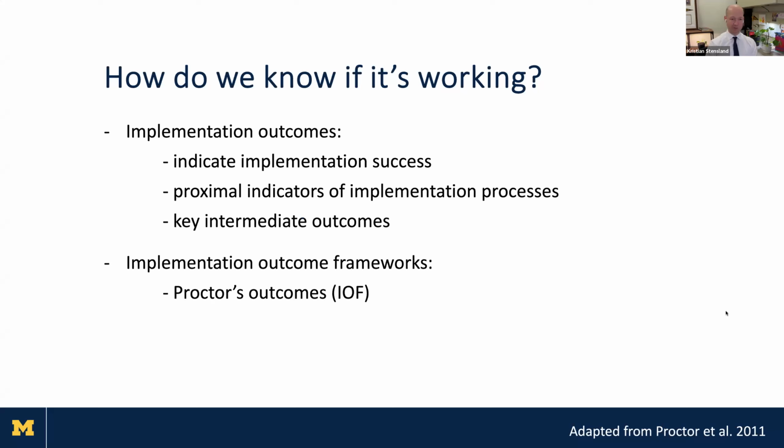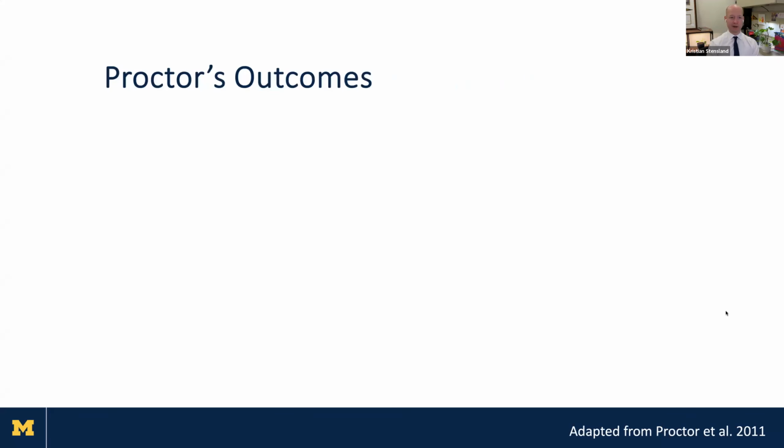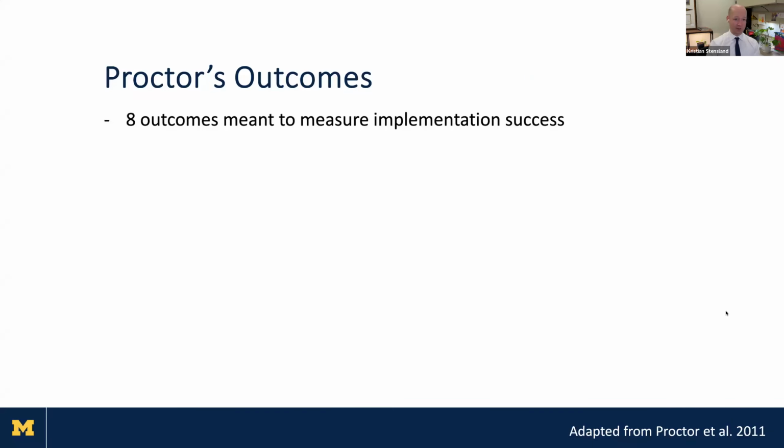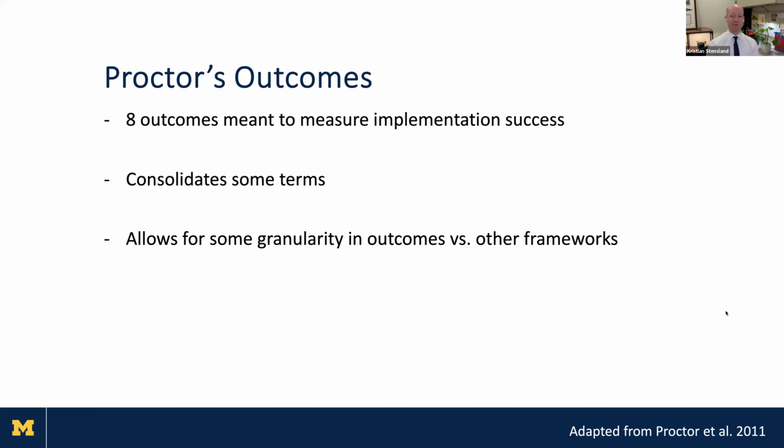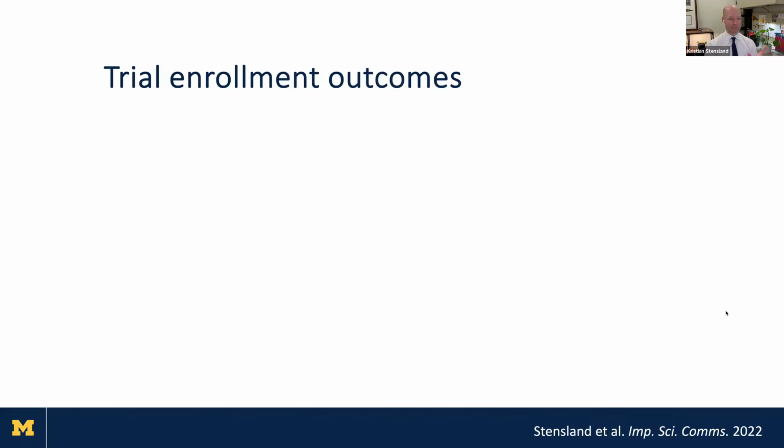Some of the implementation outcome frameworks people use are Proctor's outcomes, which are also called the implementation outcomes framework, or RE-AIM, which you may see around. We specifically adapted Proctor's outcomes, which are 8 outcomes meant to measure implementation success, and we adapted these to the clinical trials context. The advantage of using Proctor's outcomes, in my mind, is that they consolidate some terms, and it allows for some granularity in outcomes versus other frameworks. And this is specifically applicable to clinical trials. It's something that I'm very excited about. For example, there are these splits in things like acceptability and appropriateness that we'll talk about in a minute. But I think one of the key areas where Proctor's outcomes are really helpful is in measuring trial